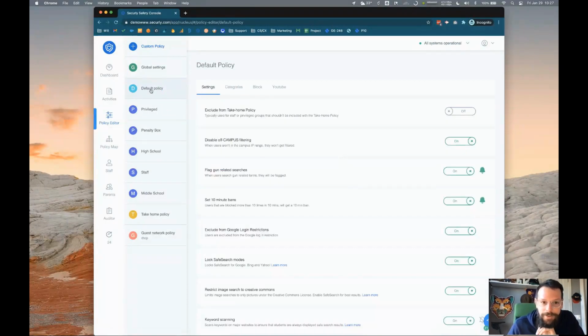You also have what's called the default policy. This is a catch-all policy. You can't delete this policy. It's here. If Securely doesn't know who the user is, we'll always at least give it generally your most strict policy,